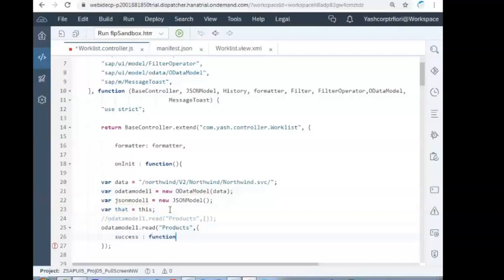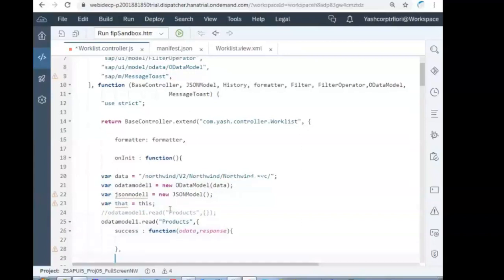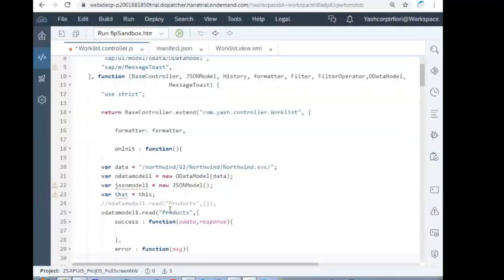Success with oData, comma, response, and error with a message inside it. MessageToast.show failed.